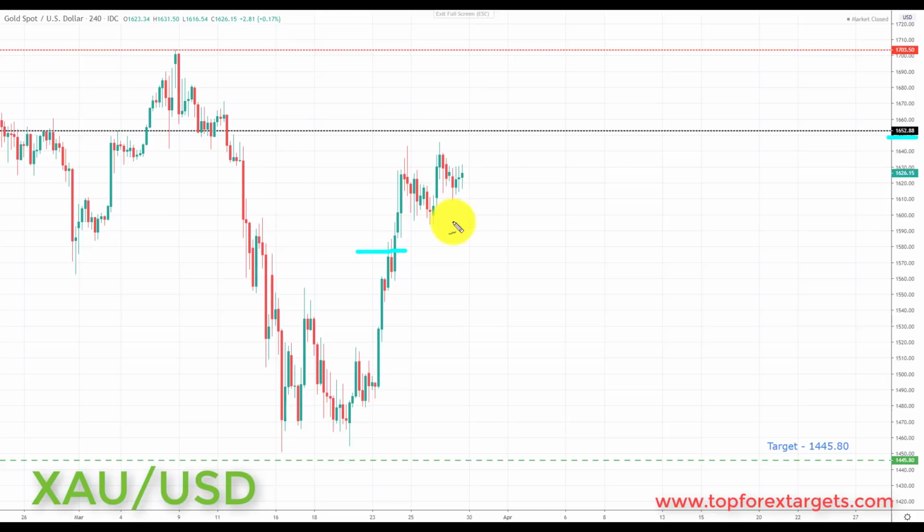We're coming very close now to the previous key area of broken support from the past, looking now to turn resistance at the 1652.88. Any pullback we have here is going to be viewed next week as an opportunity to start to look for bearish setups, and we're going to be looking at initiating shorts down towards the next key area of support to the downside and the target set at the 1445.80.